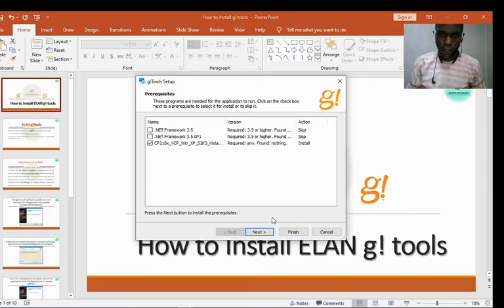So here we are. Now it's asking for the software, a CPU. You don't have it, so it's going to download it. Next.